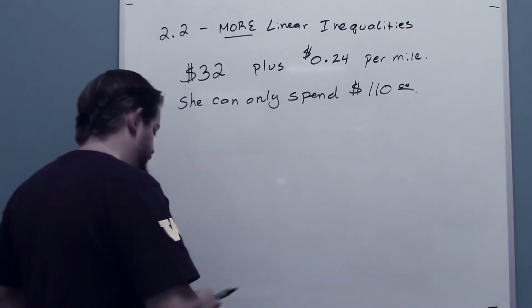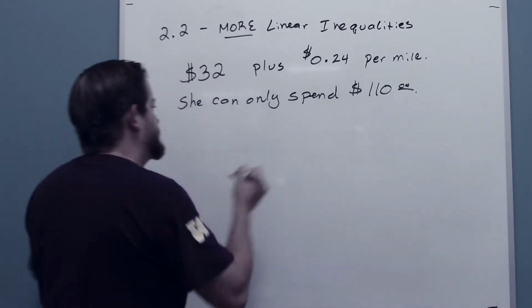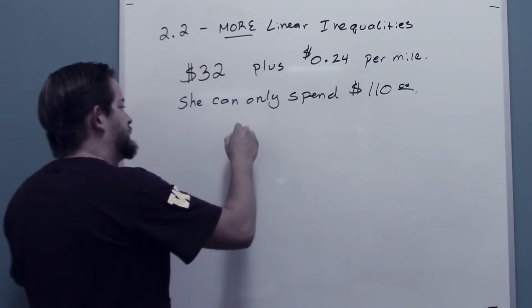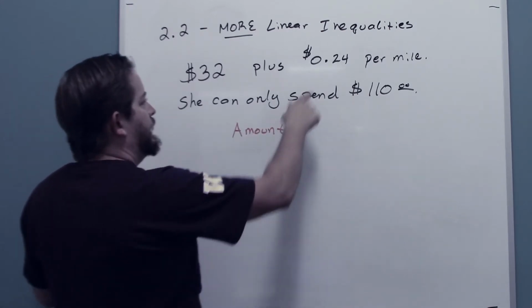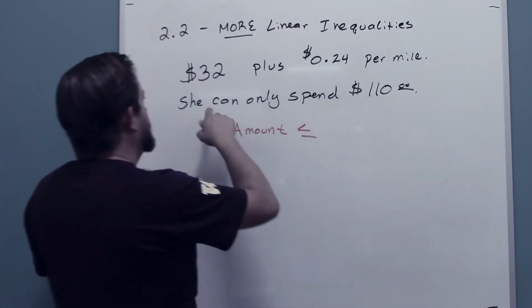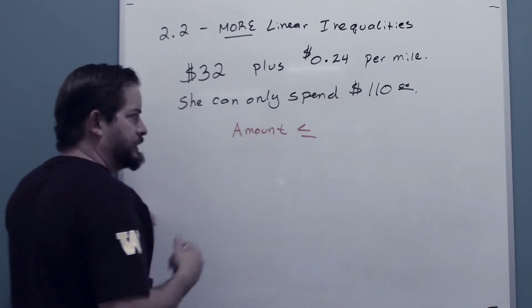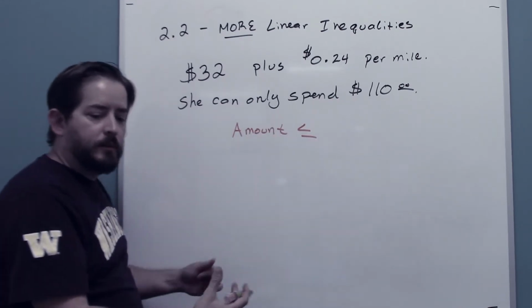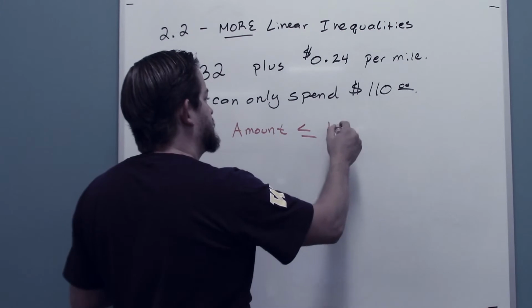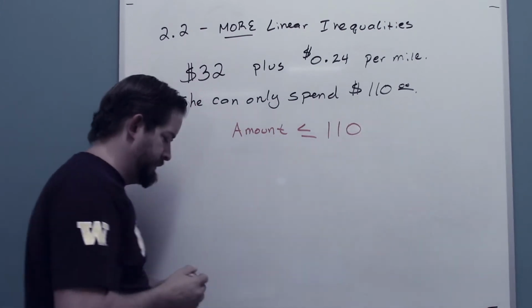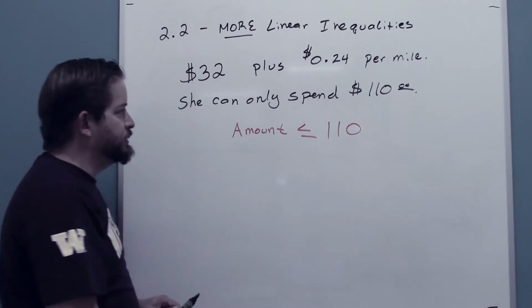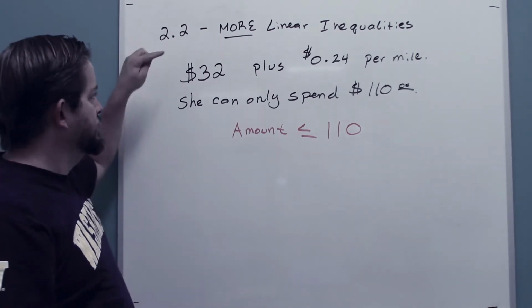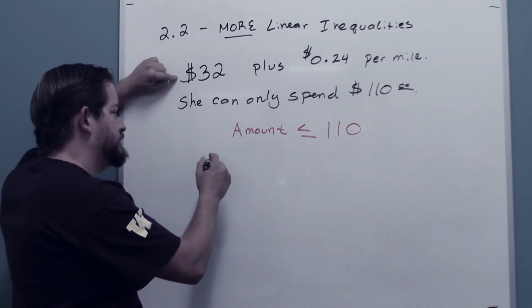Alright, so the idea here is that the amount that she's going to spend, the total amount, has to be less than or equal to, because she can spend 110, but she doesn't have to go all the way up there, so it's less than or equal to this $110, right? And it's the amount right here that we have to create some mathematical expression for. What is that expression? Well, that amount is $32 right from the get-go,